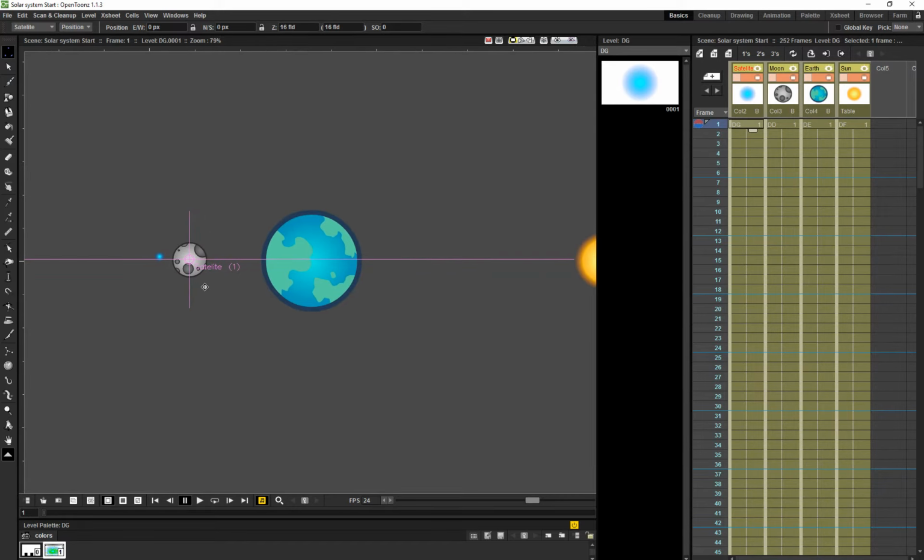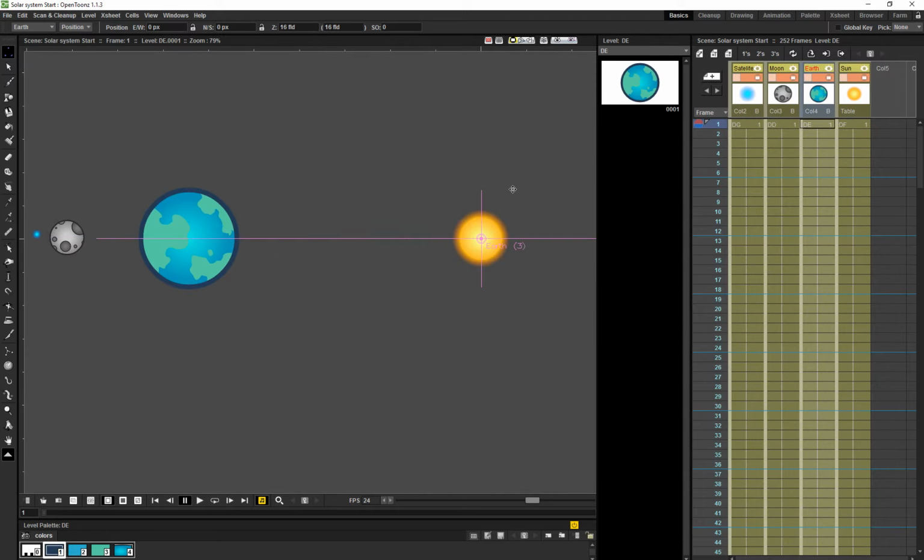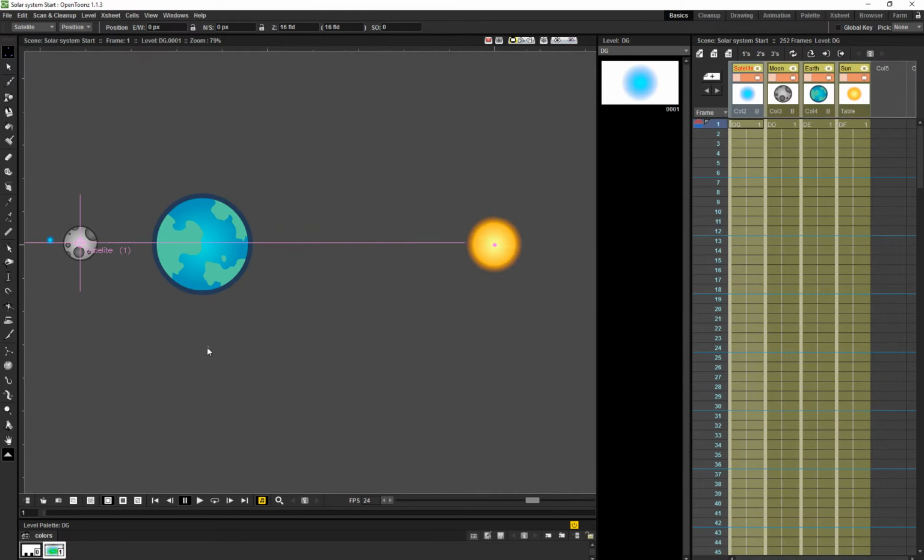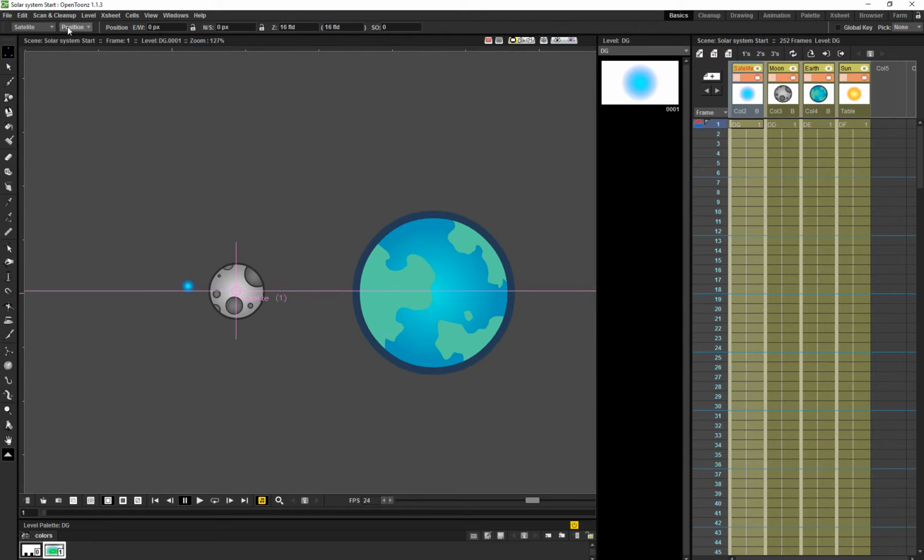So the first thing you have to do is select each and every column and make their center in the right position. After that, we have to go to the rotation tool, and let's create a keyframe, and maybe in frame 12 we're going to put here the number 359, because 360 is a similar position to 0. So we have a complete rotation of our satellite. Okay,